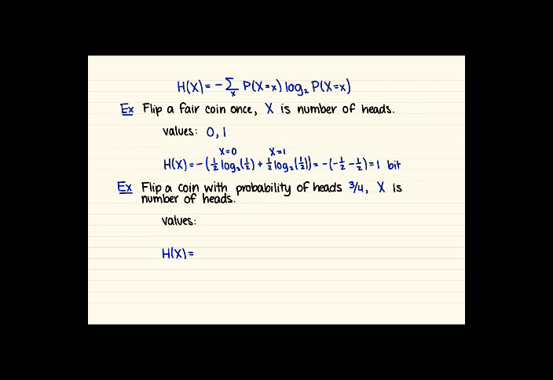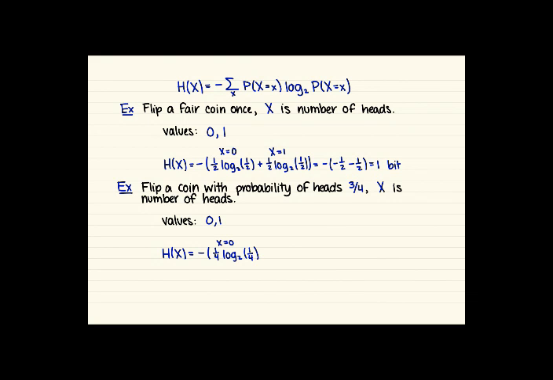Now if we flip a coin with probability of heads 3/4, X is the number of heads again, but now the probabilities are different. So our values are still going to be 0 or 1, but now their probabilities are different. Looking at when X equals 0, if heads has probability 3/4, then getting 0 heads has probability 1/4, so we've got 1/4 log base 2